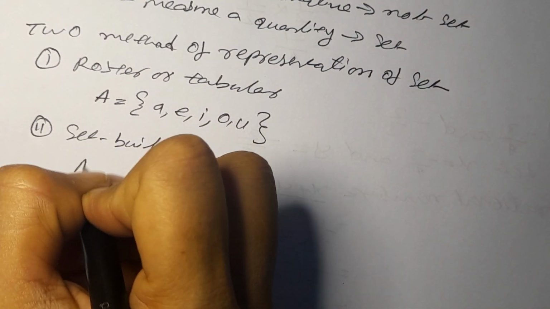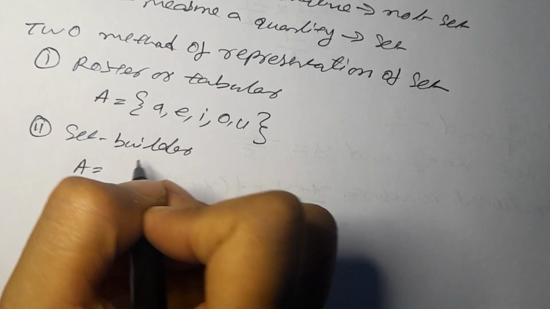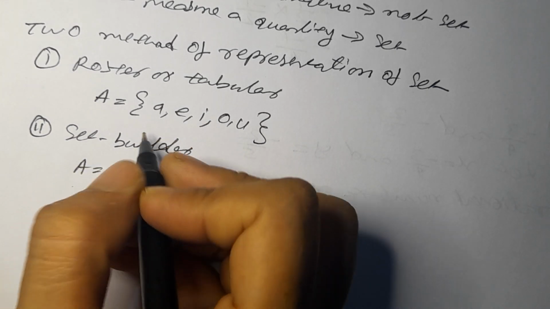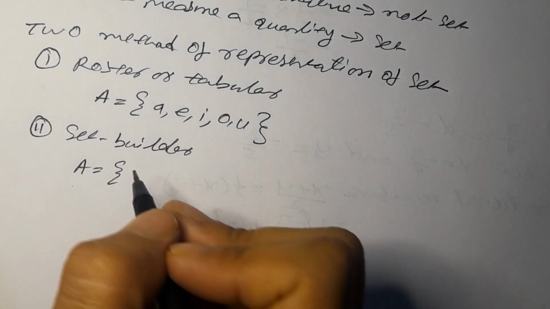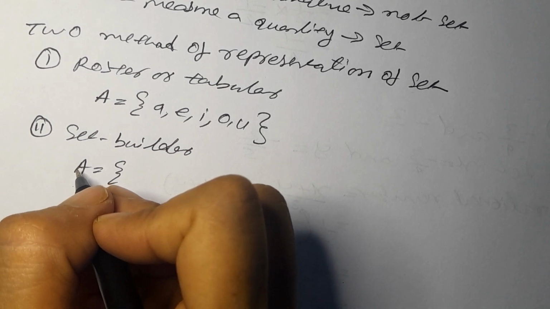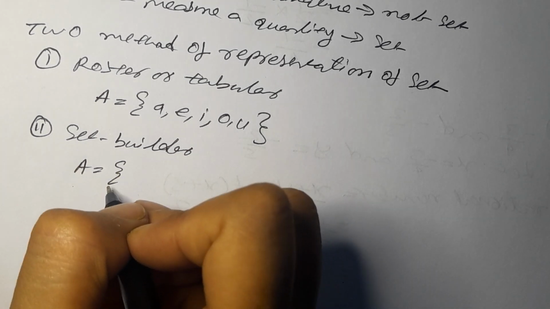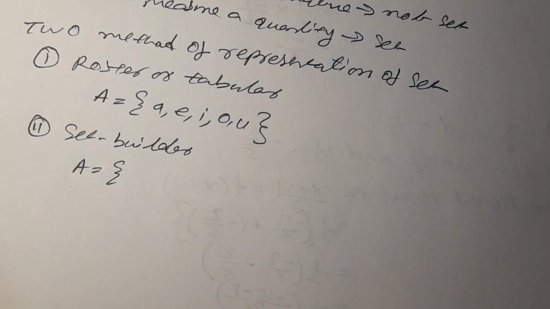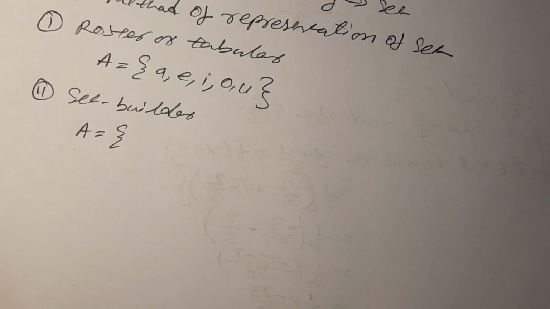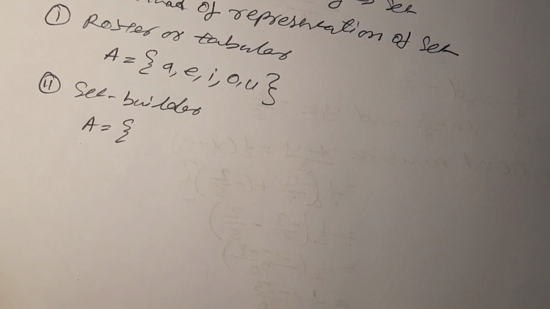So it is also represented by a capital letter, because these and these are the same. I am taking the same example, only the representation is different. So here the set is represented by a capital letter and it's always inside curly brackets. Now it's in set builder form, so it will be in the form of a statement. So x such that